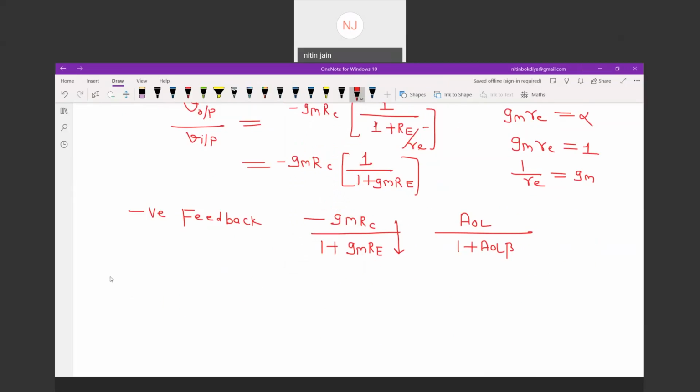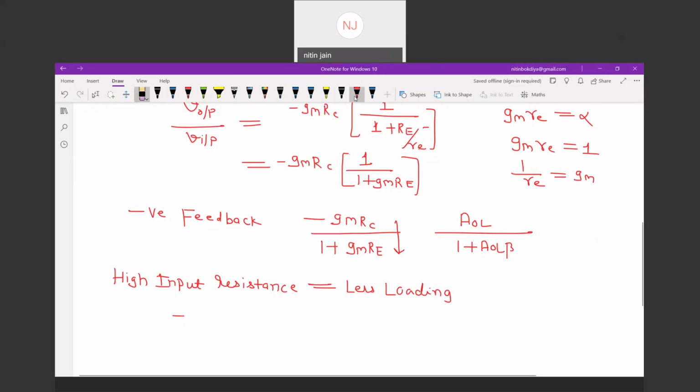High input resistance means less loading, है ना। Loading factor will be r pi, not r pi, you can say this